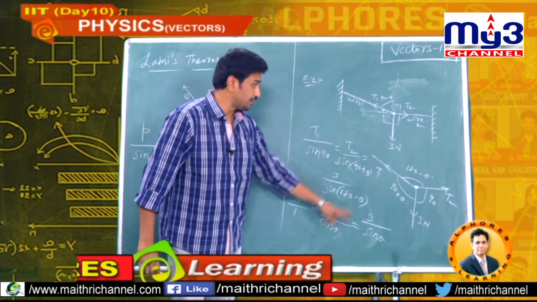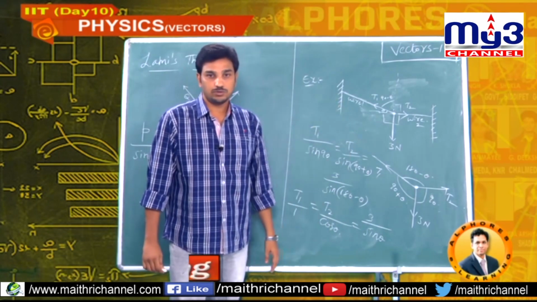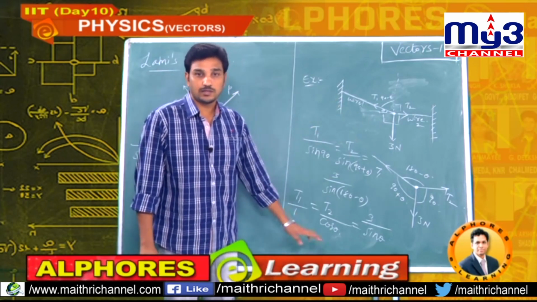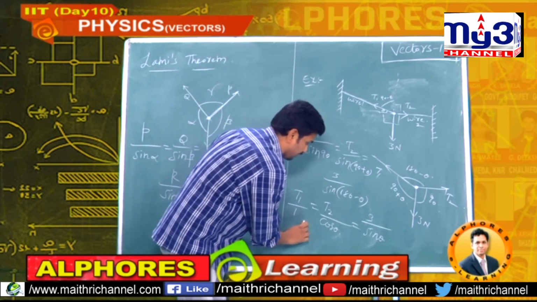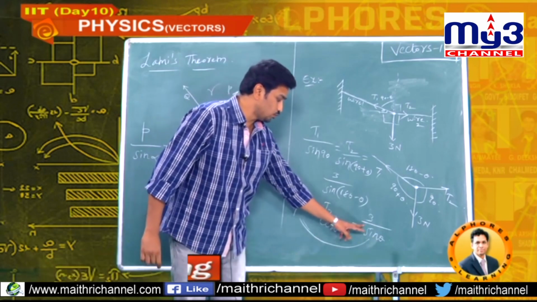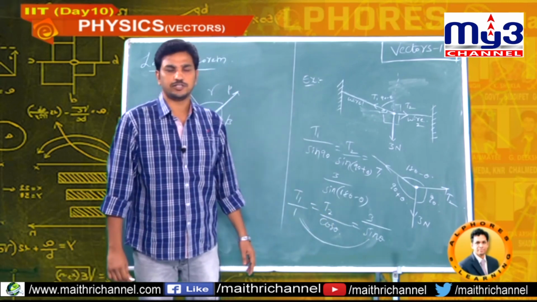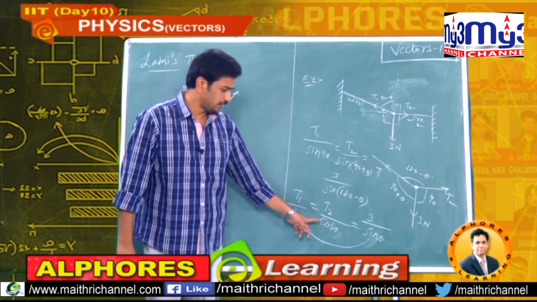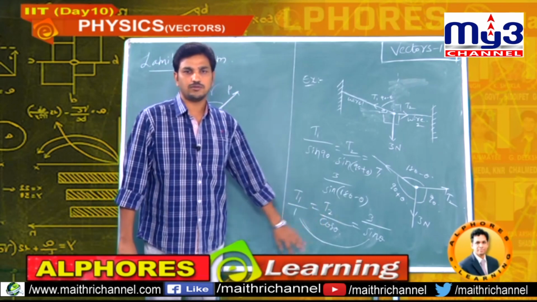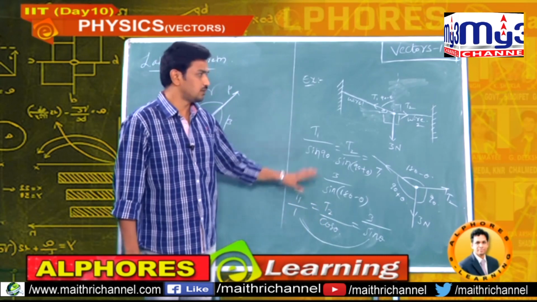Here I have not given the theta value in the question, but they will give you the theta value, like I already told you. Theta may be 30, theta may be 60, theta may be 45. Whatever the value of theta, if you equate these two, you will get T1. If you equate these two, T2. Or if you equate any two, you will get the values of T1, T2. Understood my point? By taking the theta value, we can solve the question and find the T1, T2 values, and we can find the ratio of T1 and T2 values. I think you understood that.